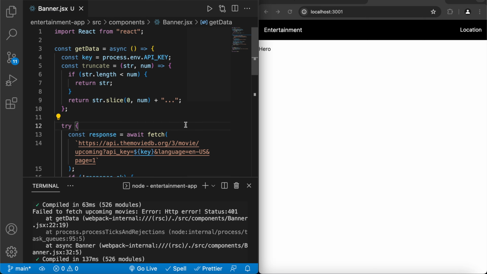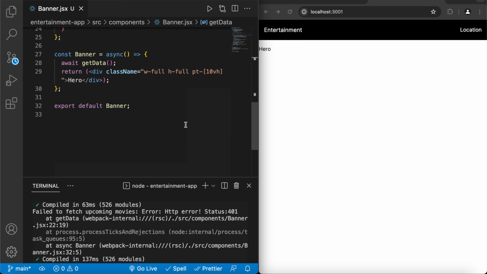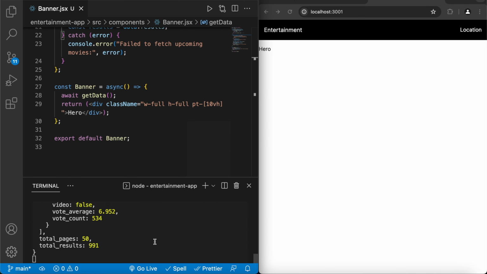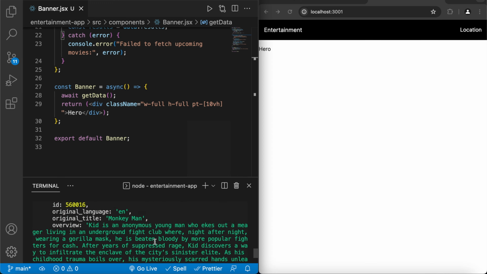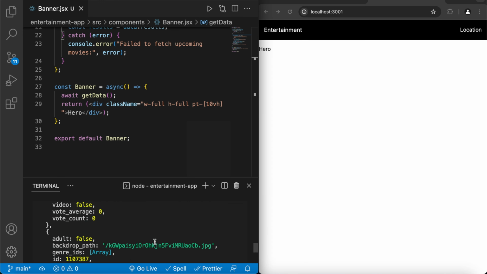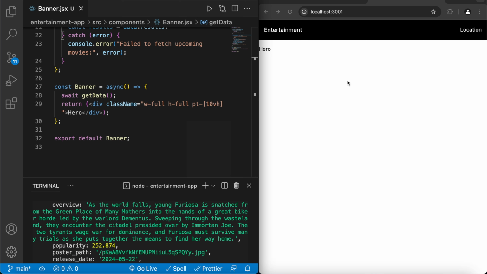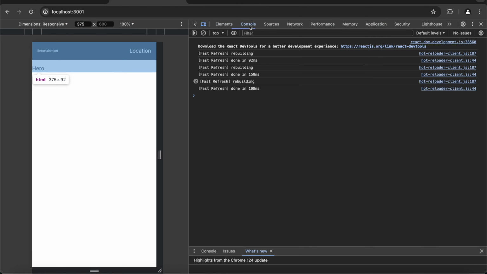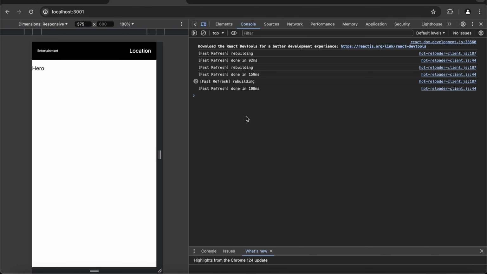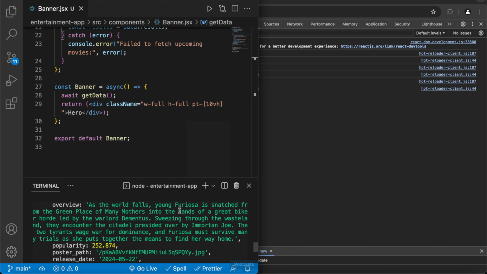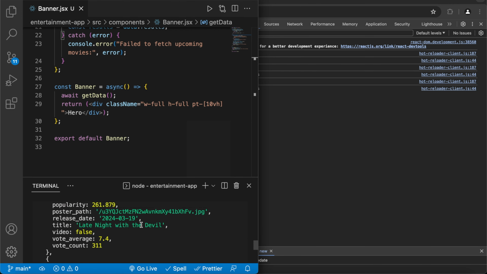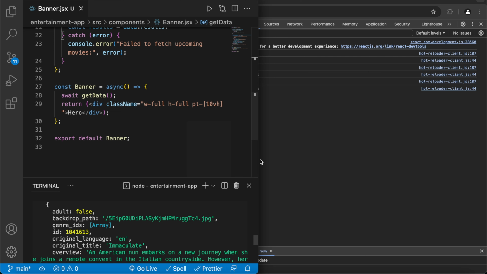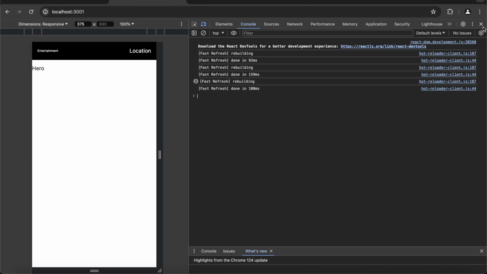So if I go ahead and save this, all right, everything's the same. There we go. So as you can see, now everything is console logged here. You might be asking yourself, let's come in here and go to the console, right? There's nothing being console logged in here. Everything is being console logged within the terminal of the IDE, or within the application terminal. Why is that? And the answer to that is